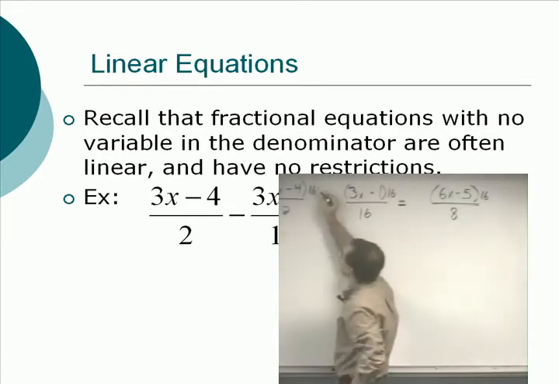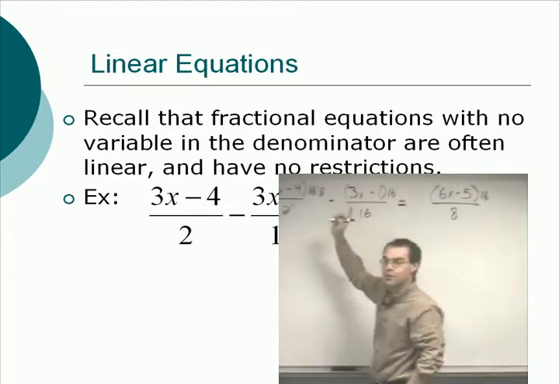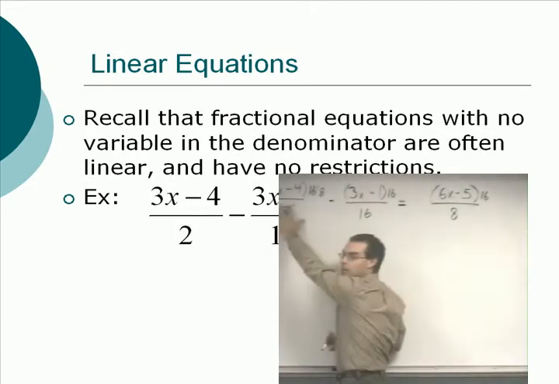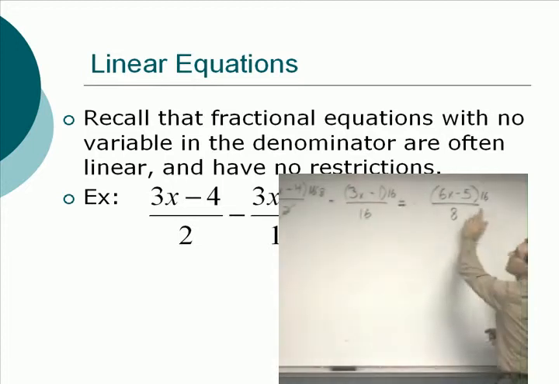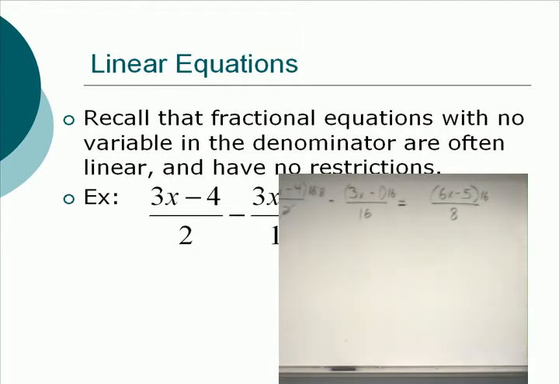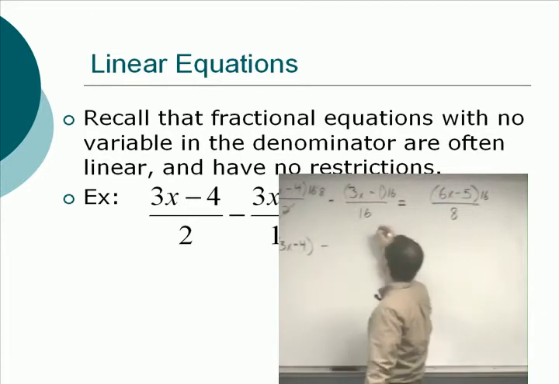What's going to happen when you cancel? You get 8. Okay, so there it is. It's just that by doing it this way, now there's no denominator left, as opposed to still having it over 16. Well, if they're all equal to 16, then the numerators have to be equal. So we clear them. We don't rewrite them with a common denominator like we had to when we're adding and subtracting them. We just clear them all together. So this one becomes 8 times 3x minus 4 minus, here,